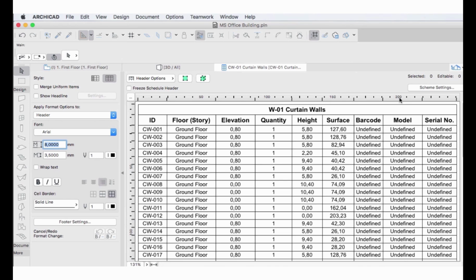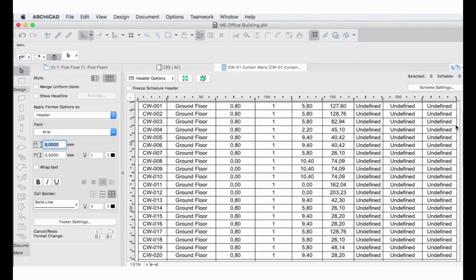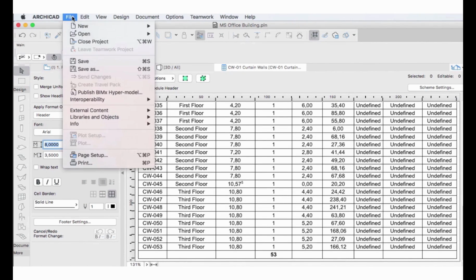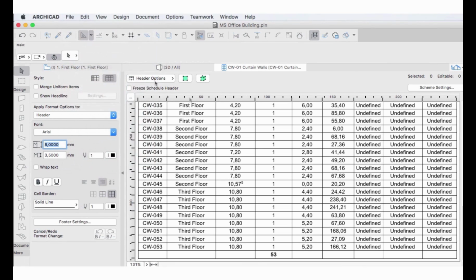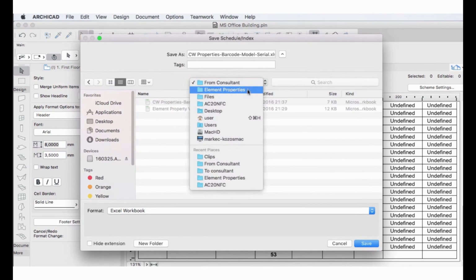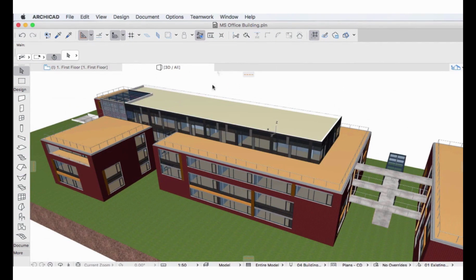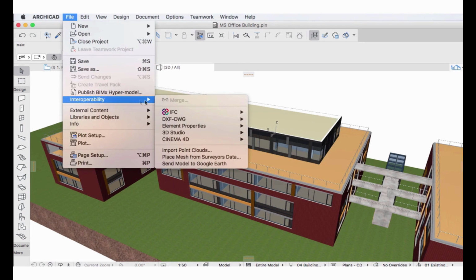When you save a schedule as an Excel file, you can provide that Excel file to a consultant, and then you can have them fill out the property values for the scheduled elements in the Excel file. You can then import these values from the Excel file and fill out the property values of the elements with them. Using this method, you can replace the tedious task of entering the consultant's data manually, where the number of possible